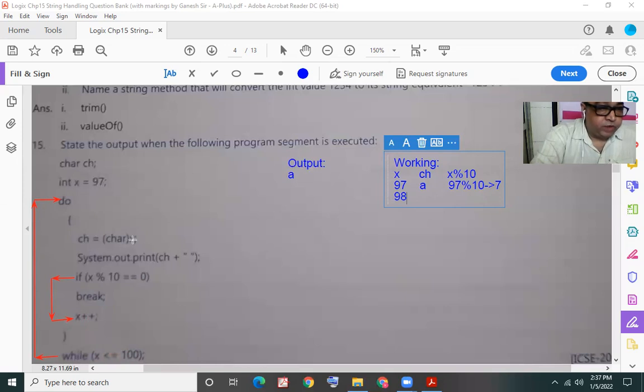This time the value of x being 98, we convert this integer to character type and store the corresponding character for the ASCII code 98 in ch. So the corresponding character for ASCII code 98 is b, lowercase b.